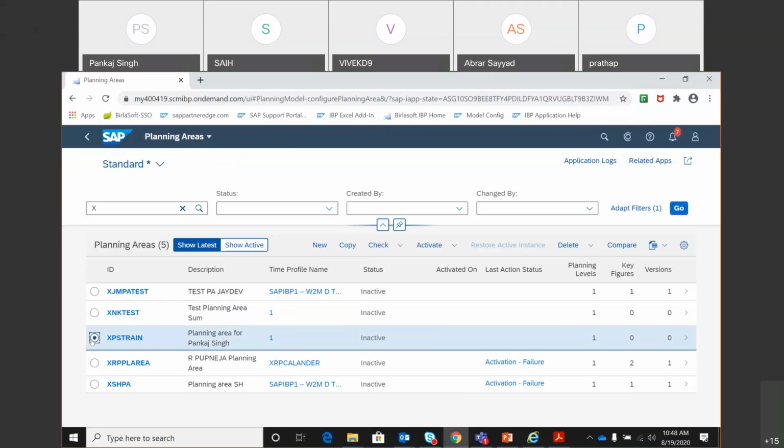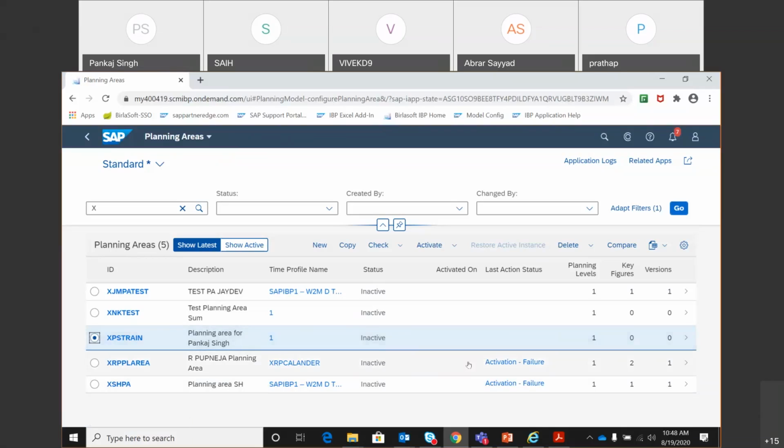So that's good. Two of them have tried to activate also, but there was a failure, which is good, no problem. But at least I think there was some try in creating the planning area. So this is good. This is what I expected to happen. At least you try to activate your planning area, and in that process, whatever you learn, that was sufficient for